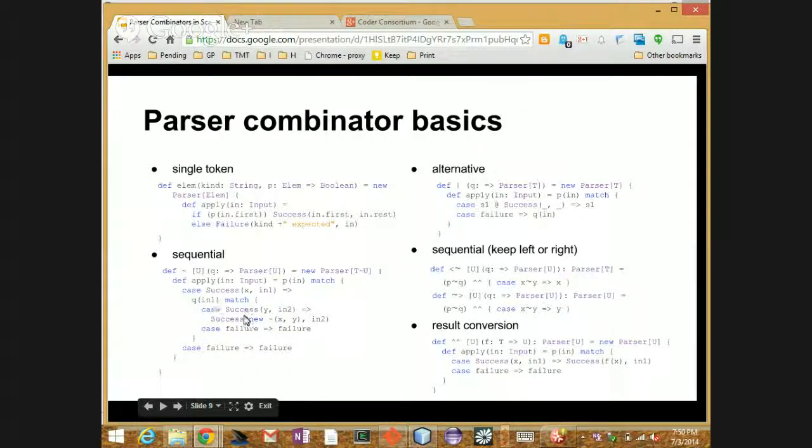So if you follow the rules through here, the success for some sequence of things is if I match the first thing, and that succeeds, then I'll try to match the second thing. If both of those things succeed, then I'll return a thing that combined those that succeeds. If I don't, then it'll return failure. So whatever called it will just return failure or success. And you combining all these things in those ways is just your grammar.